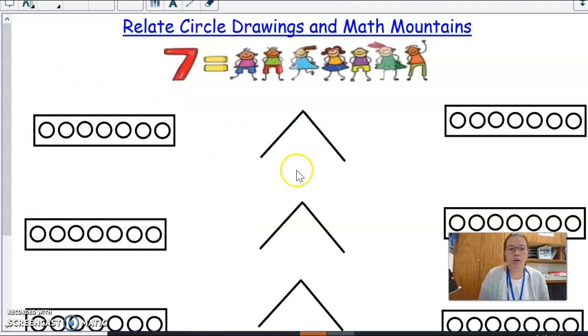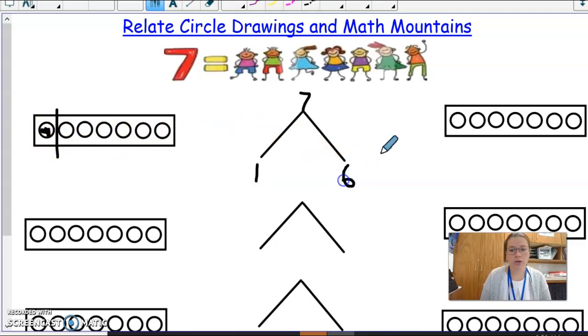So we're going to talk about circle drawings and math mountains again, like we do most every day with these lessons. So we're going to split it up by 1 to begin with. So, whoa. You know, teachers make mistakes too. Break it up by 1, and we would color this one in. Okay, so then we have a total of 7. So when we're working with the total, it always goes at the top. We colored 1 in,